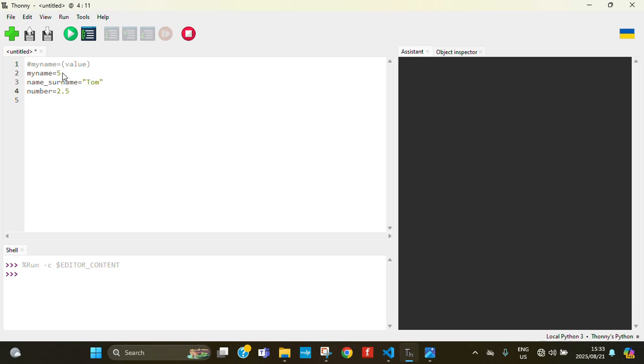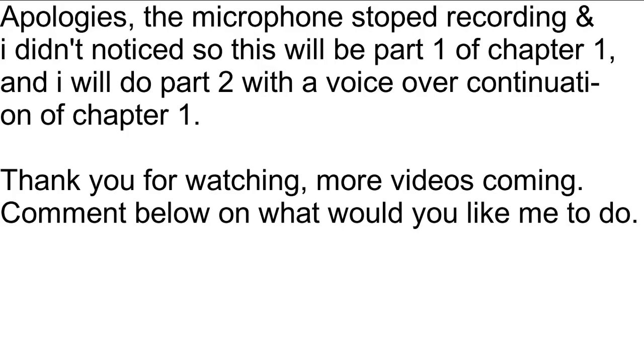So now we have those values: 5, which is an integer, Tom, which is our string, and 2.5, which is our float. Now I'm going to do a small example to see how these things work. So let's assign